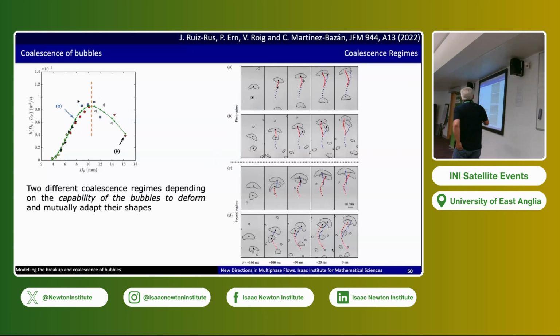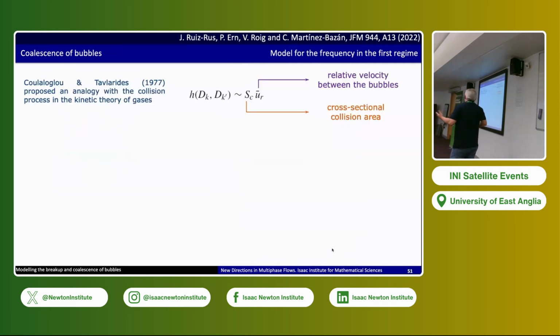Here there are some images where we see that the bubbles go and get close, they collide and coalesce. In the other ones, they get closer, but they start just moving around for a while until they coalesce, right? So we have two different regions. And what we need are models to be able to solve this population balance equation.